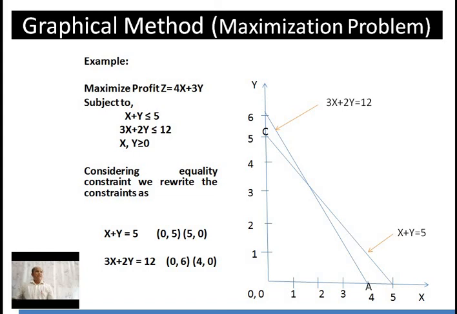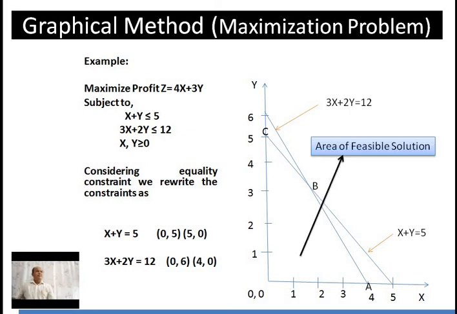He cannot go beyond these two constraints. So that is why he cannot produce to the right-hand side of these two constraints. That means he has to produce below these two constraints. So as a result, we get the area of feasible solution, that is point 0, A, B, C.